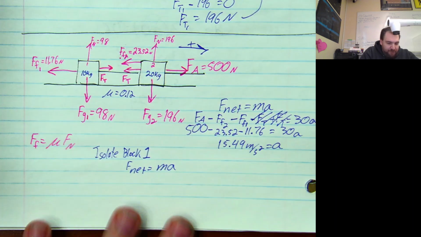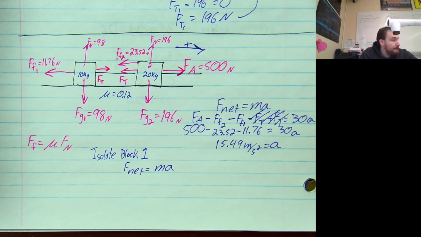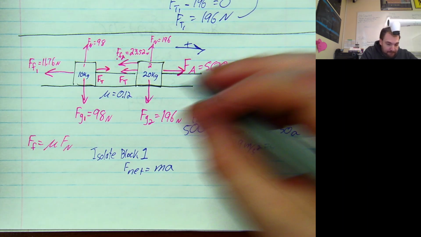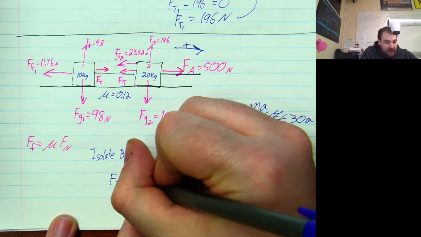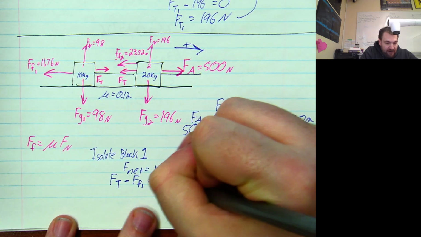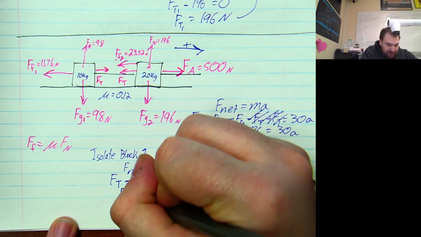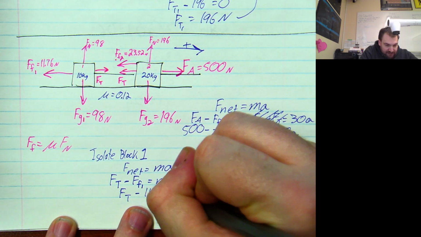The forces acting in the direction of motion for block 1 are what? FT, and that minus F. And we're going to subtract that force of friction equals MA. So then FT, the tension that we're looking for in that rope, minus 11.76 is going to equal